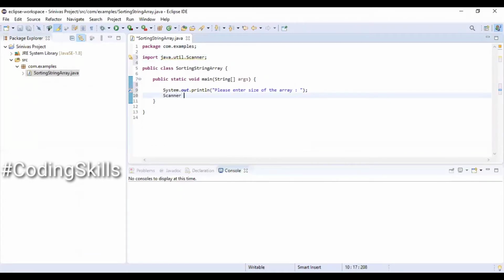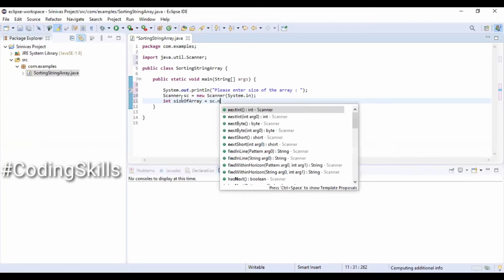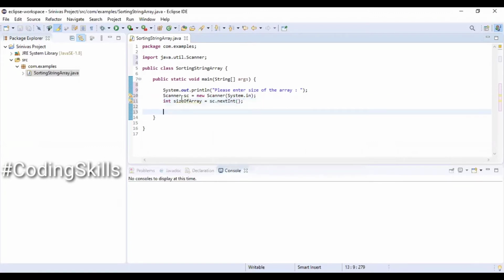Creating an instance of the Scanner object and mapping it to the input stream. Declaring an integer variable sizeOfArray equal to sc.nextInt. Declaring a string array and allocating the elements based on the sizeOfArray variable.